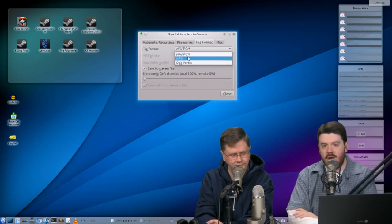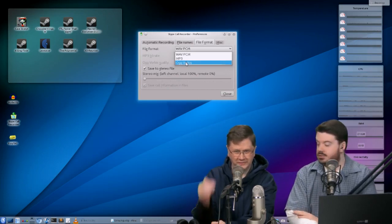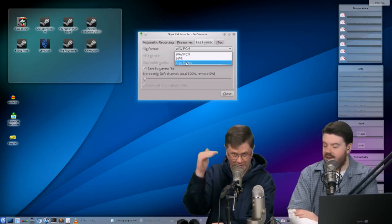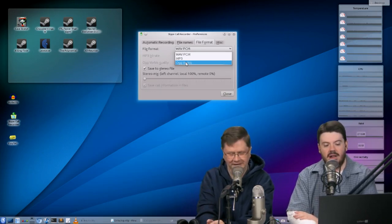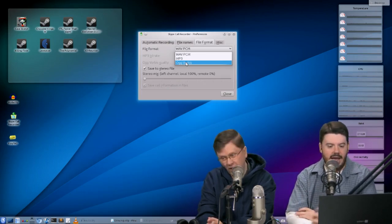And you could do MP3 or OGG if you are going to take the file and then immediately publish it. Everything's going to remain consistent. You're not going up or down as far as your bit rate, and you're not worried about getting something too loud and wanting to bring the levels back down. If you want to chop the beginning and the end, or add it to a compilation,